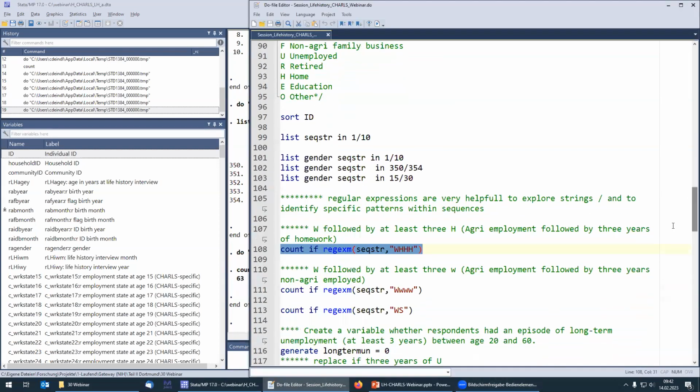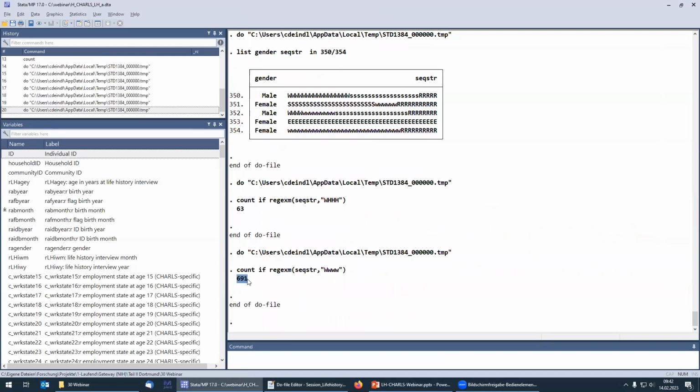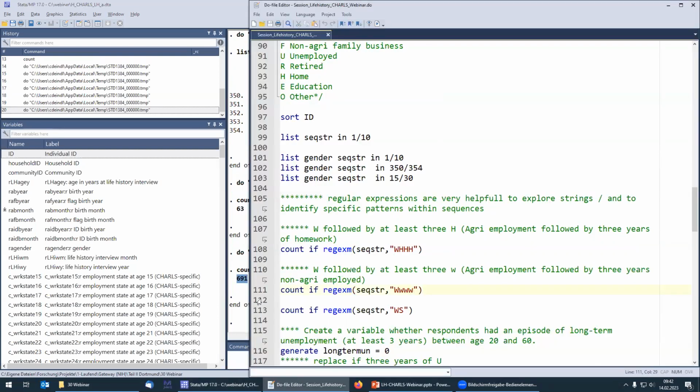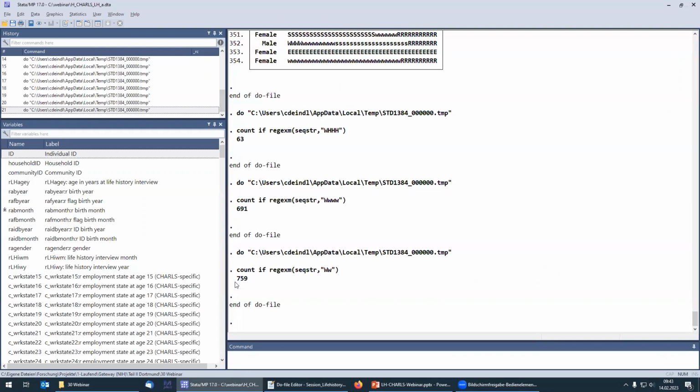I could look at a change, for example, from being employed in agricultural sector and then followed by at least 3 years being employed in non-agricultural sector, and this is 691. I could also make this easier and look at the difference from being employed for a change from agricultural to non-agricultural sector. So how many people do this? And then I see these are a little bit more,